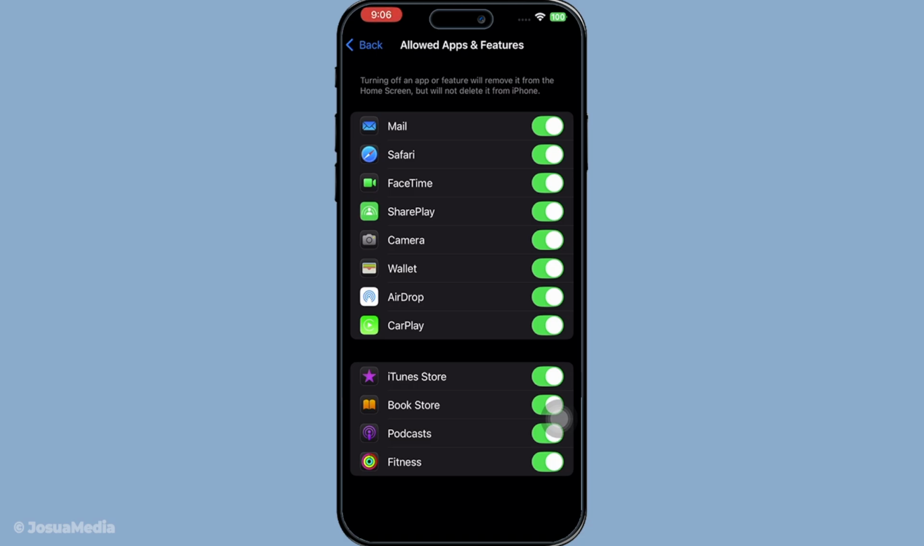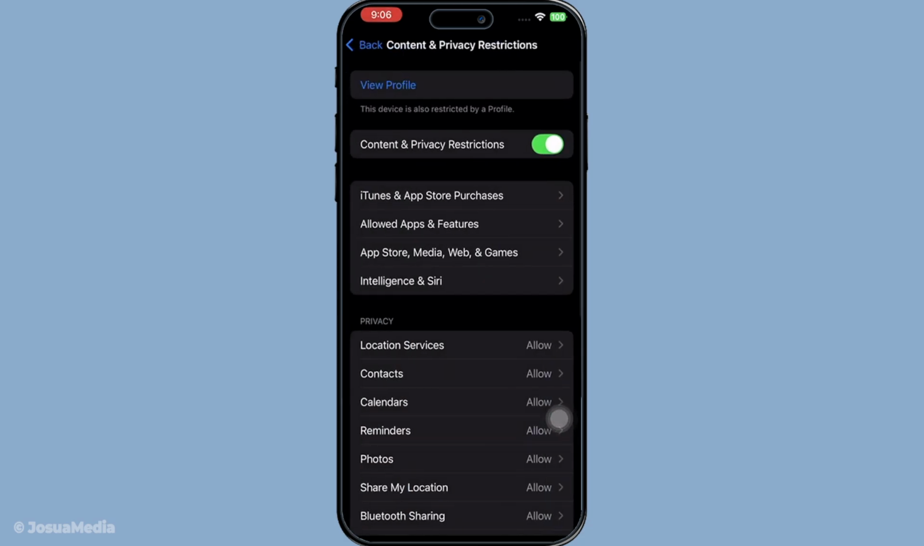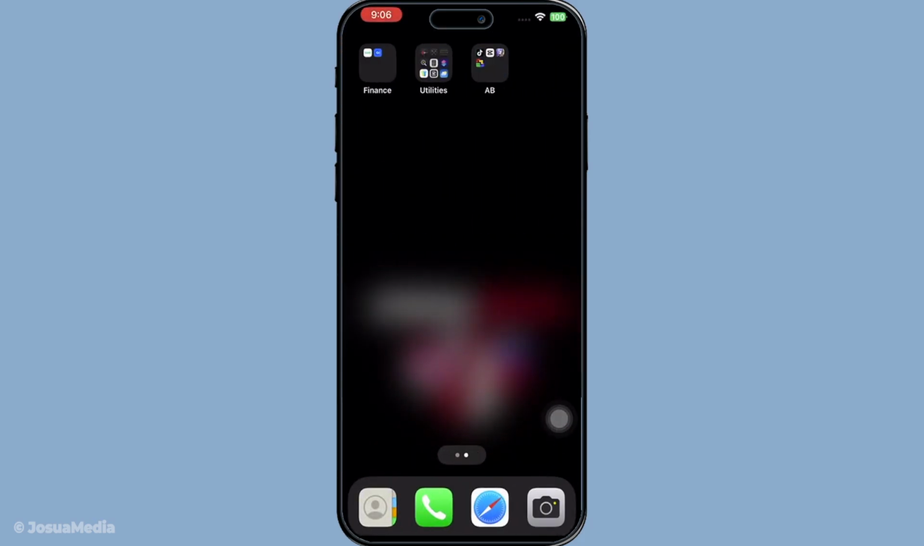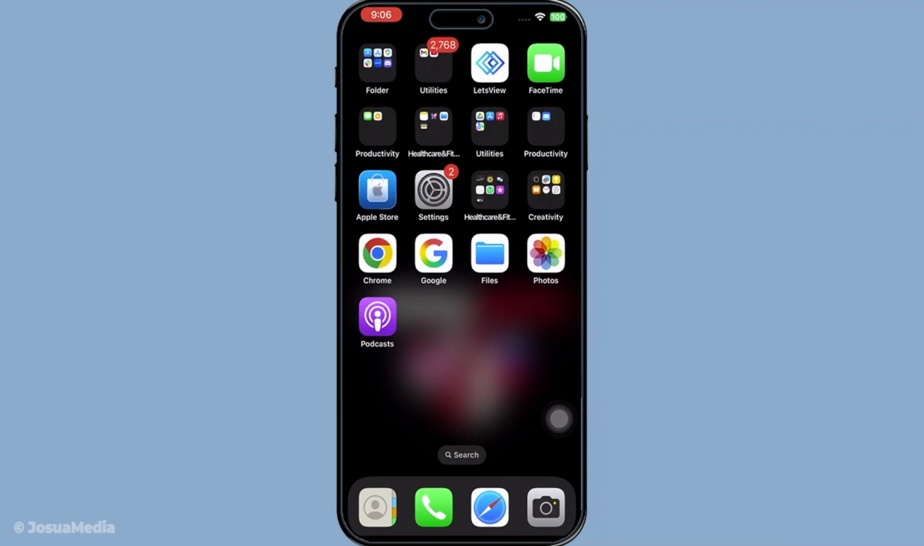library. At this point, your camera app should already be restored, so you can just go back to your home screen and check if it has reappeared. Most of the time, it comes back immediately once the restriction is removed. If you still don't see it right away, don't worry. Sometimes it just takes a few seconds or a quick swipe through your app pages or app library for it